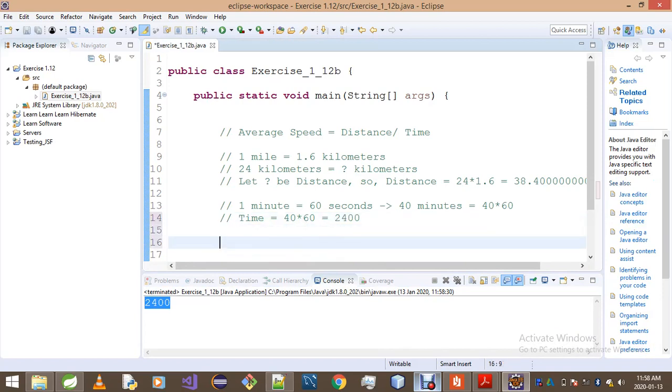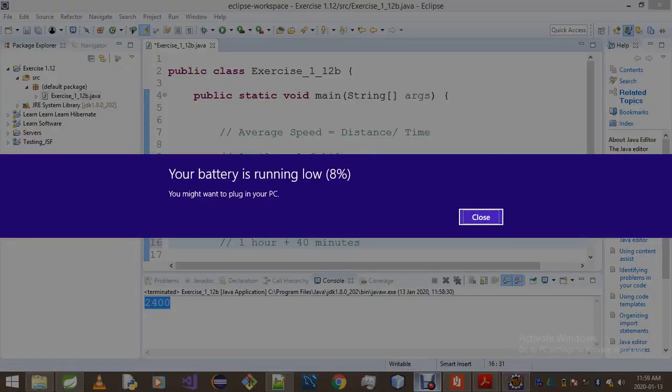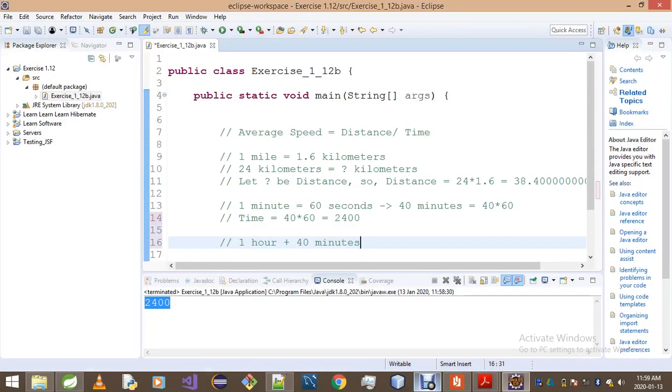So now 1 hour plus 40 minutes plus, oh, I'm running out of my battery here. Okay, 1 hour 40 minutes plus 35 seconds is actually equals to, that is actually equals to,